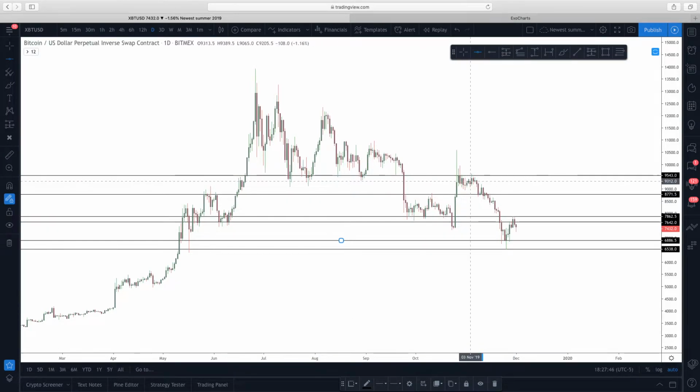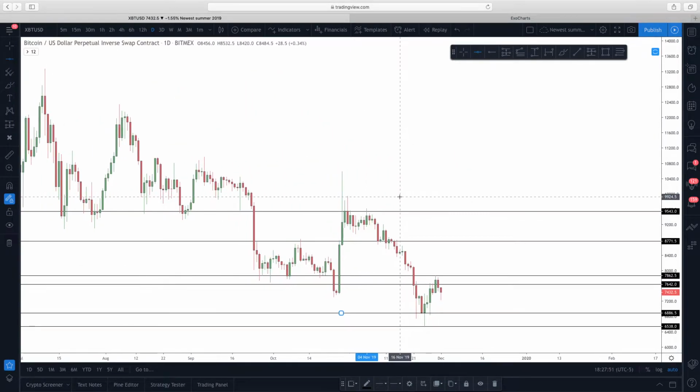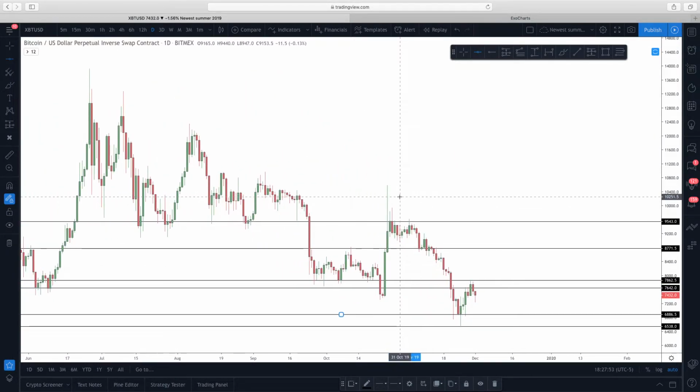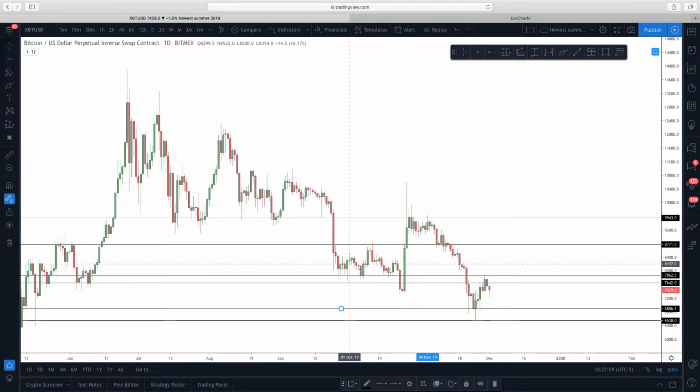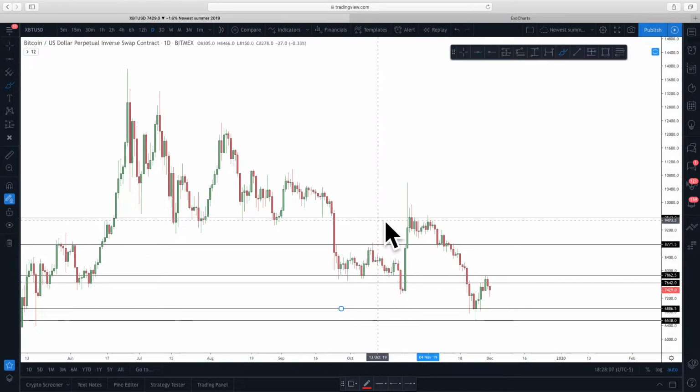Now a higher time frame participant, what are they going to be doing when they're entering? They have a little bit more time. Their backside entry is not the same as yours if you're on the lower time frame. Why? Because they're swing trading, they're position trading. This is their backside. They don't need to see this really break down because this was the area it broke down from. So what you would be doing is placing limit orders